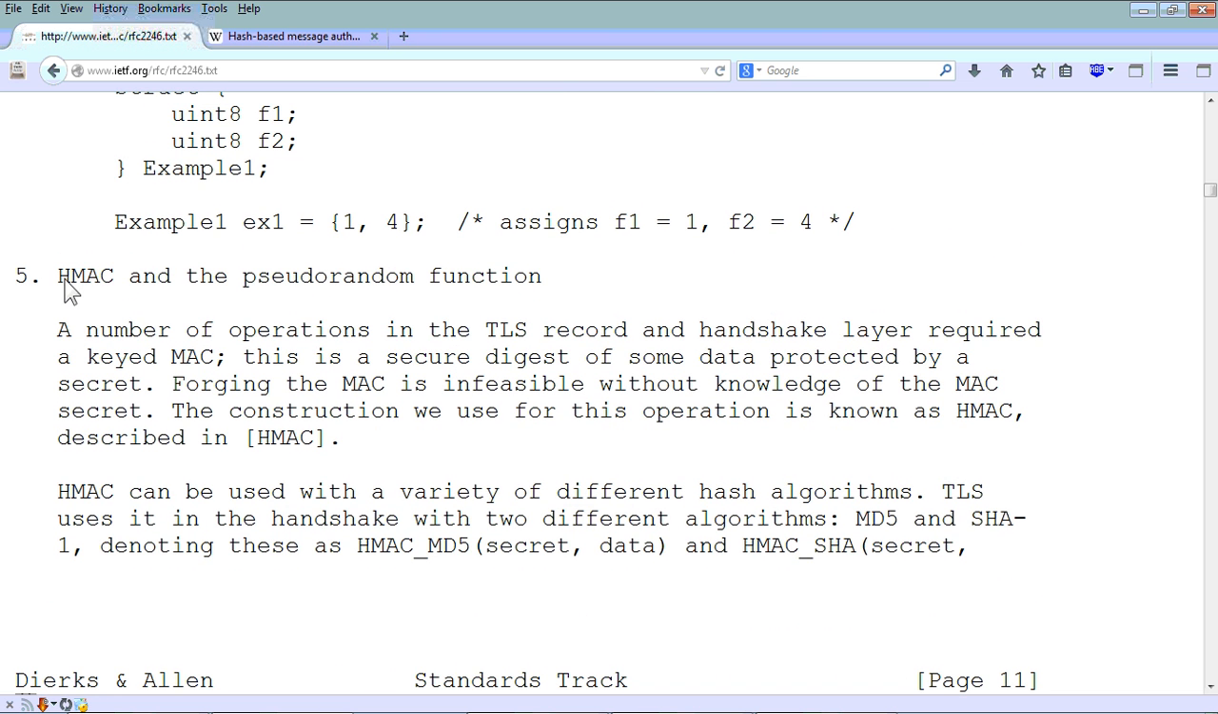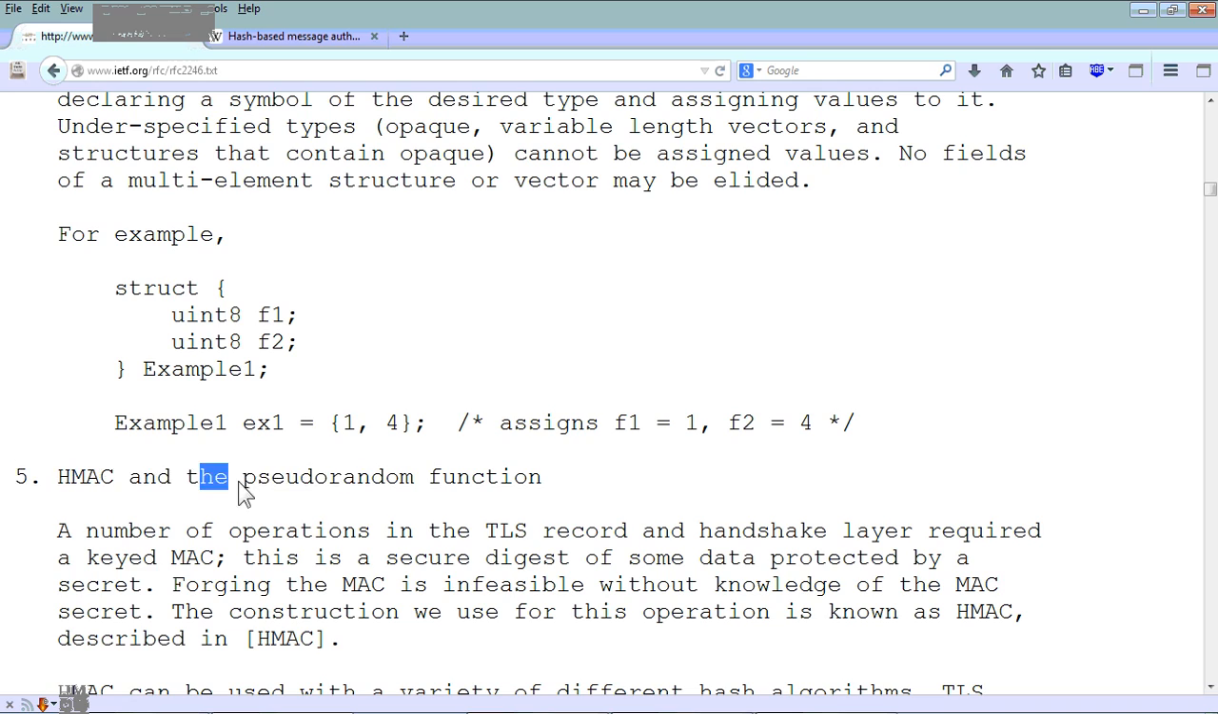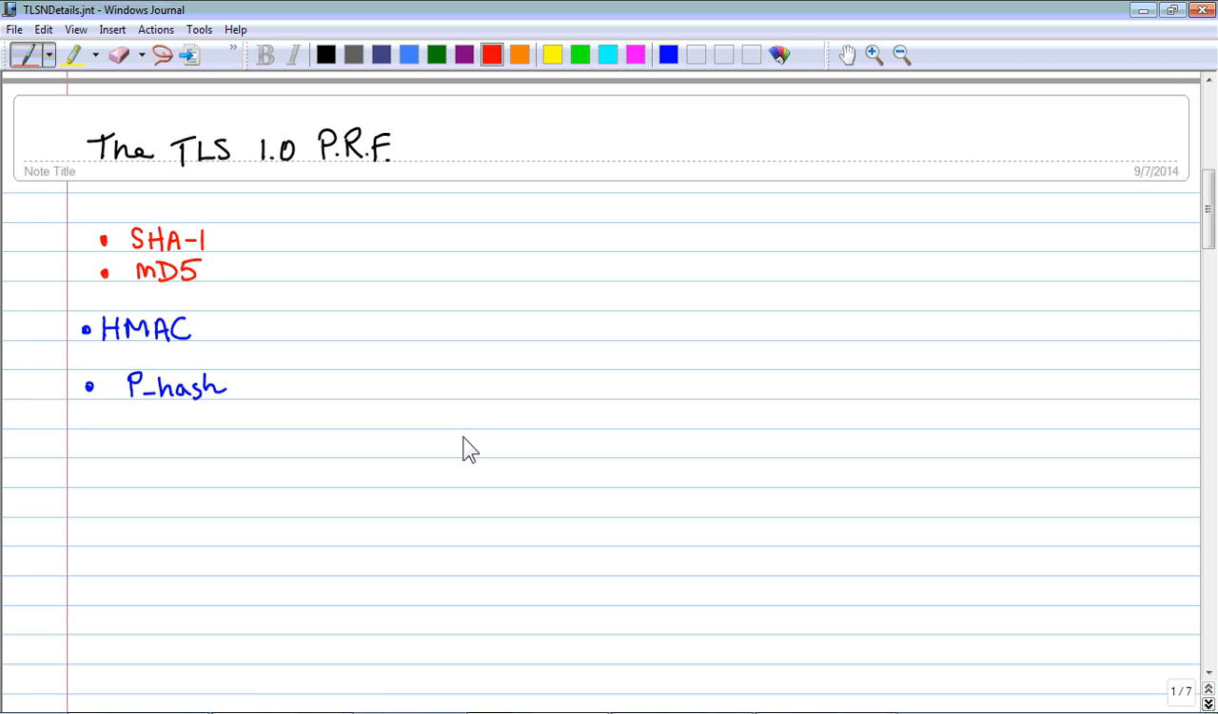So here it's actually called HMAC and the pseudorandom function, because both of these are important. The pseudorandom function is built out of HMAC. So before we go any further, we need to know what HMAC is. I think I'll show you this in the notes first. So what is HMAC? Very crudely, HMAC is a way of